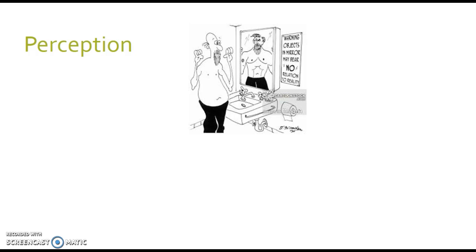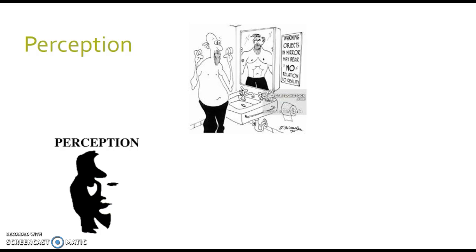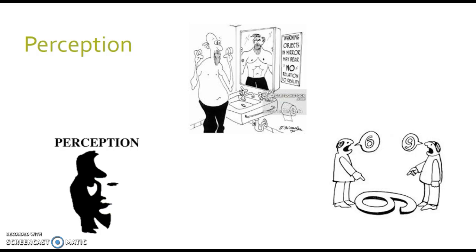So, we move on now to perception, because perception is very important. It is a process of selecting, attending to sensory information, and assigning meaning to it. We base all of our behavioral responses on what we perceive. So when our perceptions are distorted, our communication is likely to be off base and ineffective.